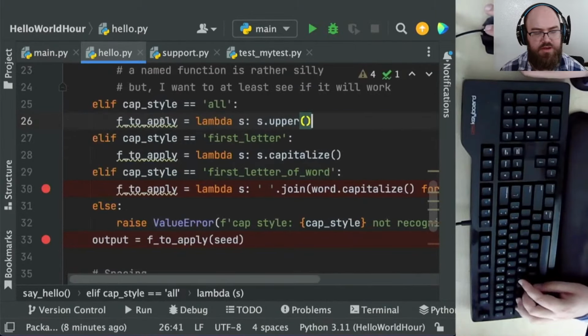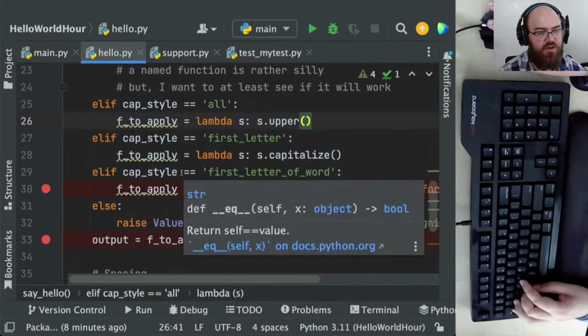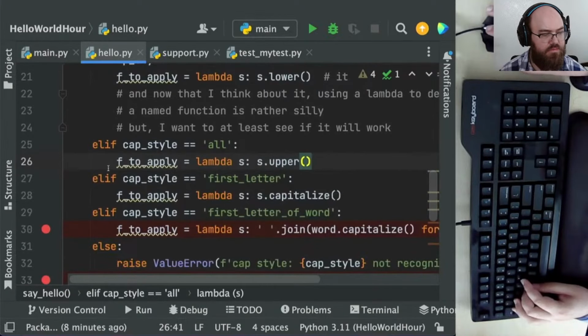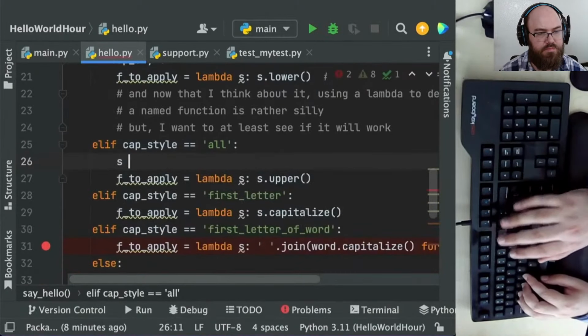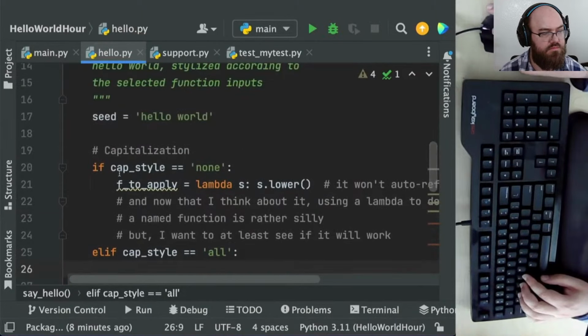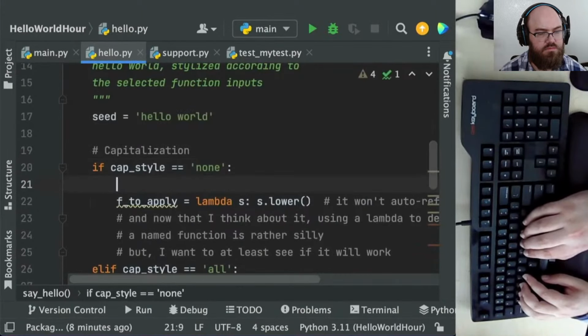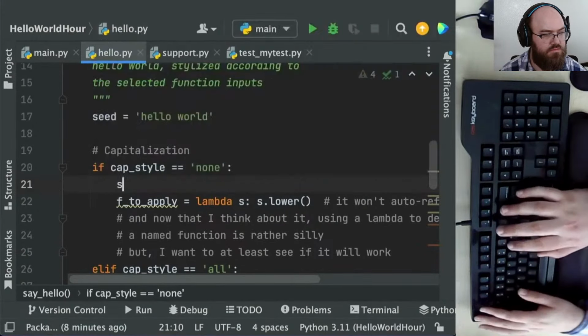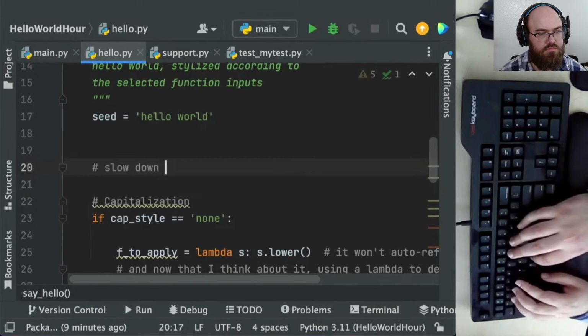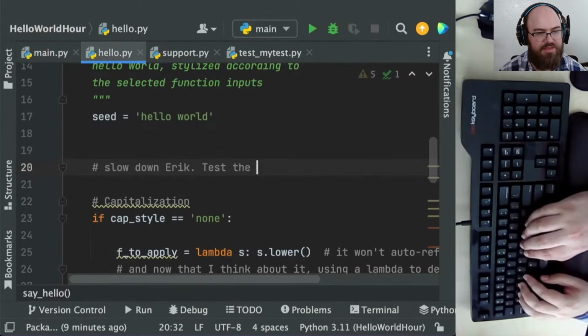I remembered what I was trying to do there. I was trying to be clever by writing 4 different functions and then applying the function to the string only one time. But this wasn't a good use case for that kind of a pattern. I tell myself to slow down.